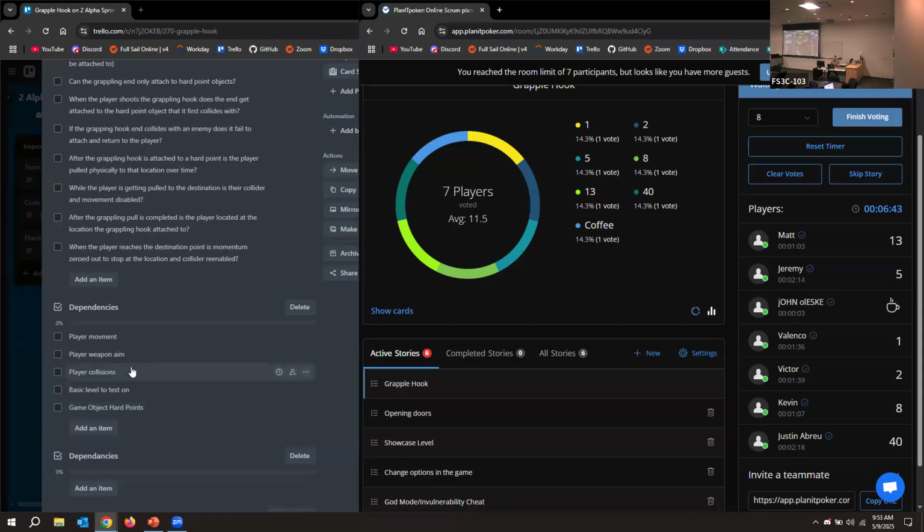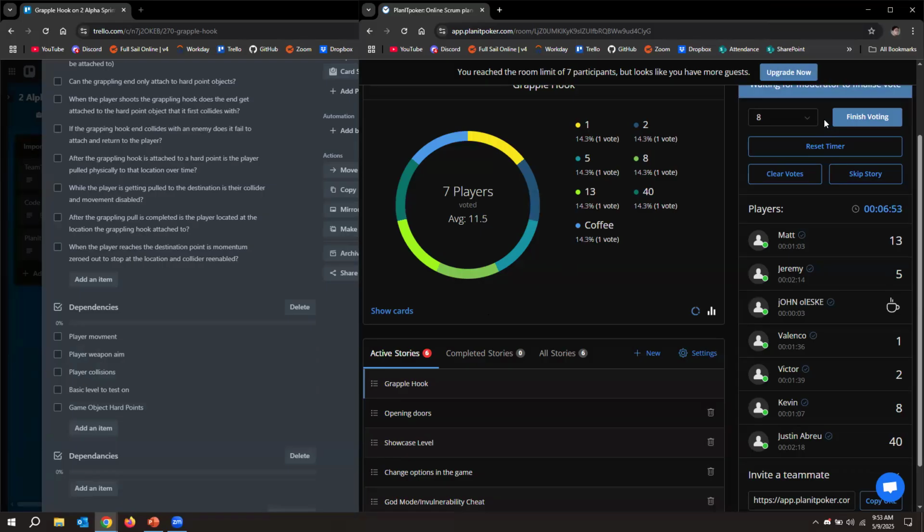I'd go as low as 5. Go with those 5 then at that point? You cool with that? All the grappling hook does is make you go point A, point B. It's not that hard. I mean, another challenge for this is it's C#. I've never done C# before the last class, so I also have to do a lot of research on how